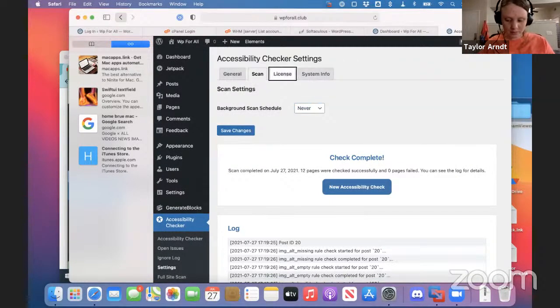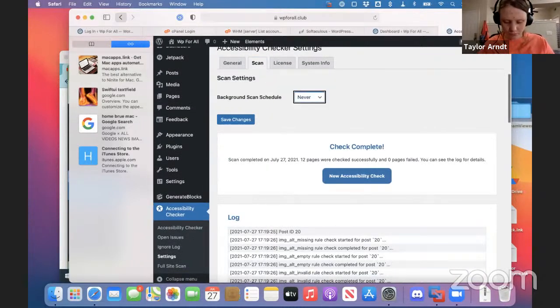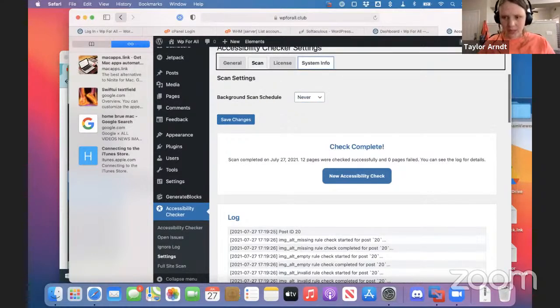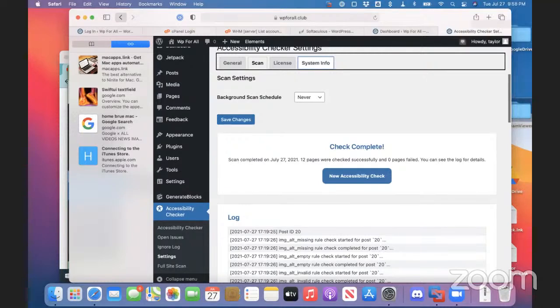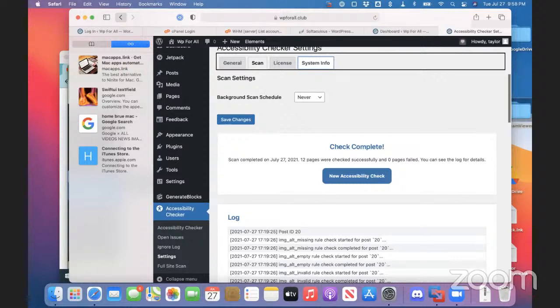System info, link. License, link. Scan. Heading level, background, never, pop-up. End of link, system info, end of navigation. And again, the tabs don't read, we were kind of talking about tabs earlier. But yeah, are these supposed to be tabs as well, Michael, for settings? Yes. And again, those tabs are not reading like tabs on the Mac. Right? So that's something to keep in mind as well. That's correct. Yep.